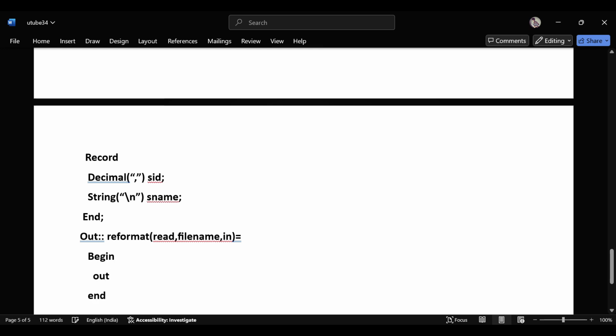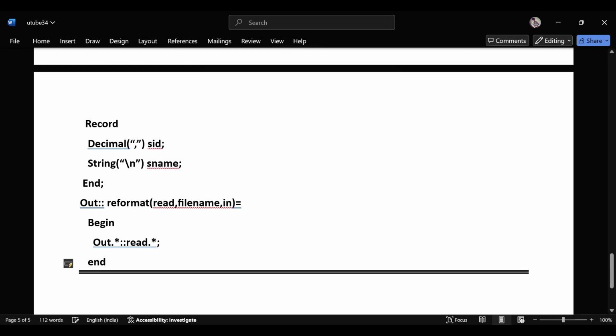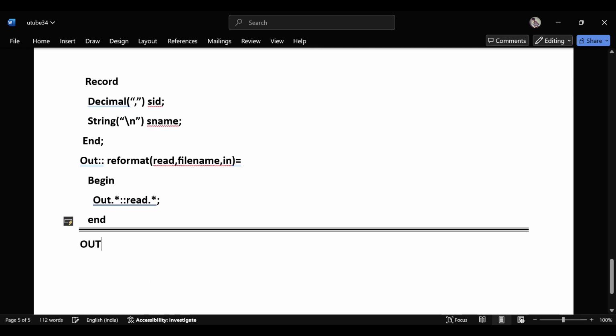You can just put begin and end, and then since we are going to read all the contents, you put in dot out search. That's it. Here you should not put that; I think you should put read. So read dot stop. Yeah, that would give you a result. Now if you see the output,